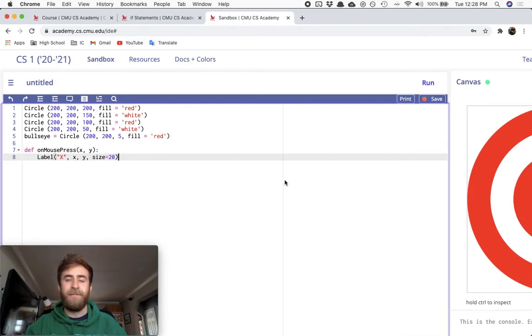This is where, with if statements, it really starts to get exciting. You get to have the program interact with you. You get to make decisions depending on what happens. It really gets more complex, but also adds a lot more power to what you can do